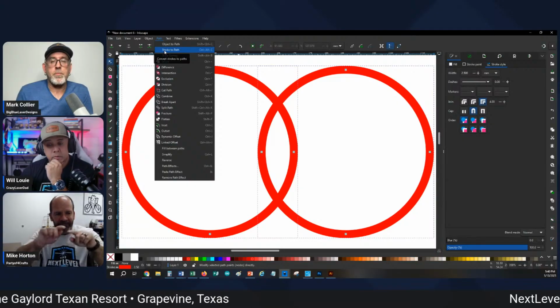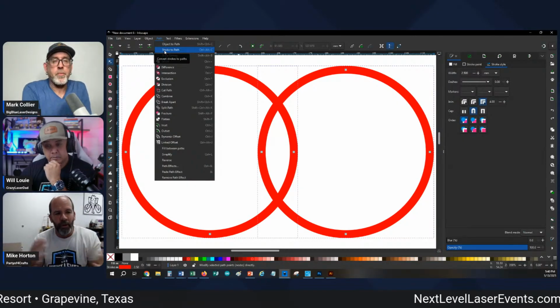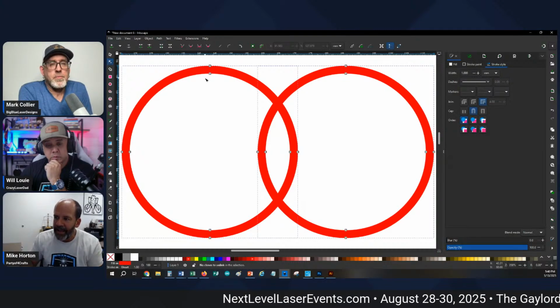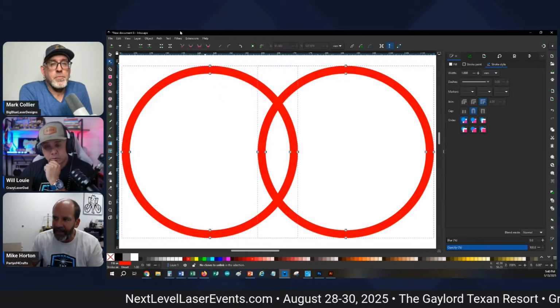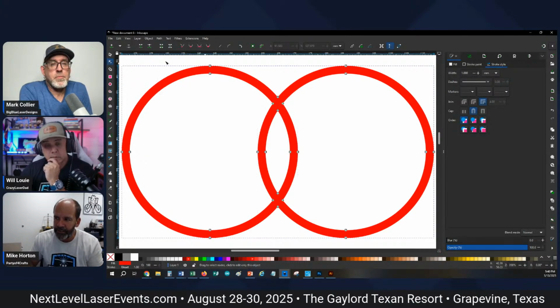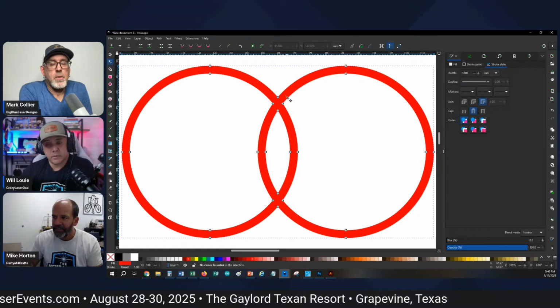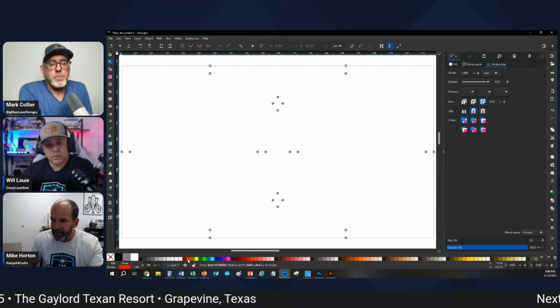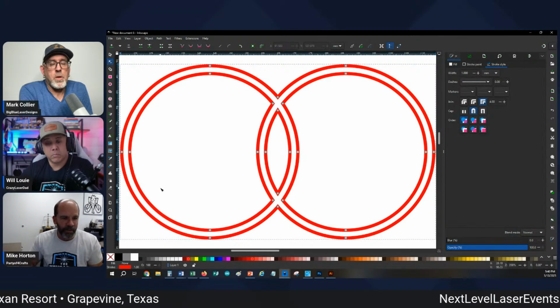And to do that, you have to convert the stroke to a path. So instead of object to path, I use stroke to path. And now there's nodes on the inside and the outside of the line. And when I union them, it keeps the inside. And this is one path now. If I turn off the fill and turn on an outline, so that's what it would look like when you